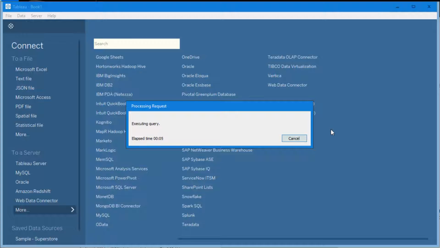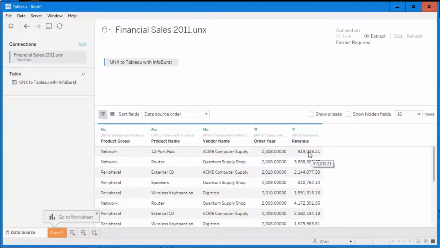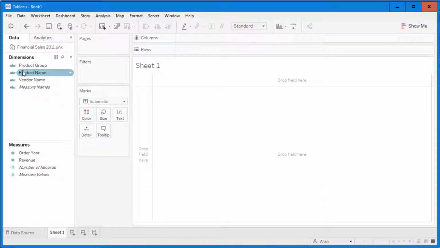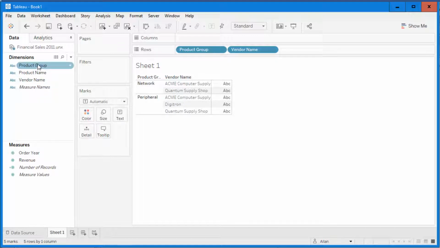The query is being run against the BusinessObjects Universe. Click on Update Now. And I can see the data that's been returned to Tableau from the BusinessObjects Universe. So now that we have the data, let's build that same text table in Tableau just to prove that this thing works. I'm going to select product group into rows. I'm going to put vendor name into rows, product name,